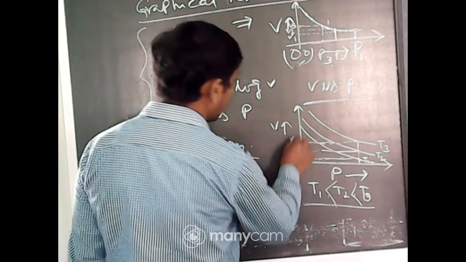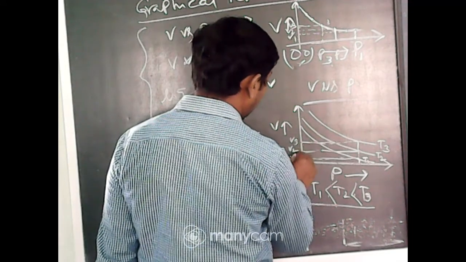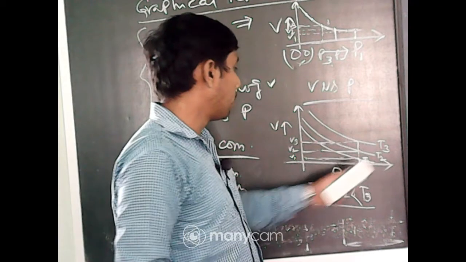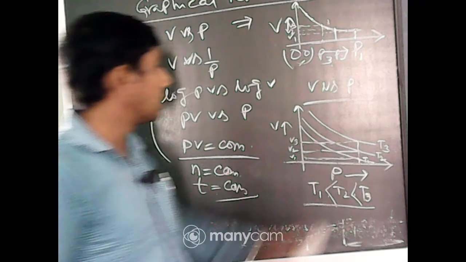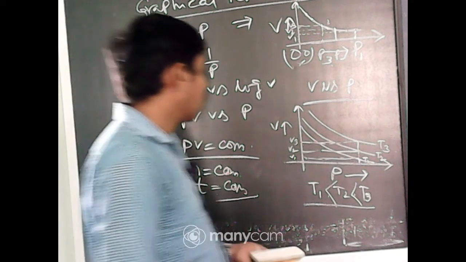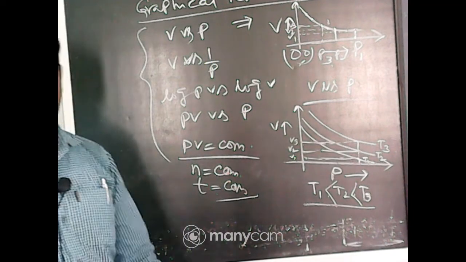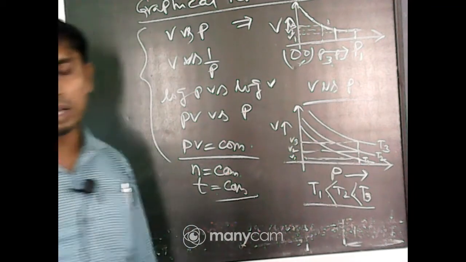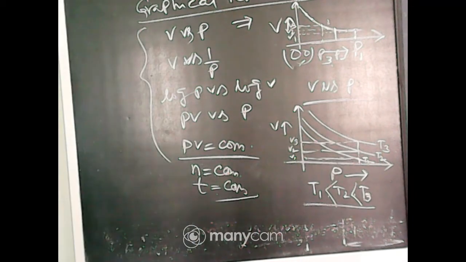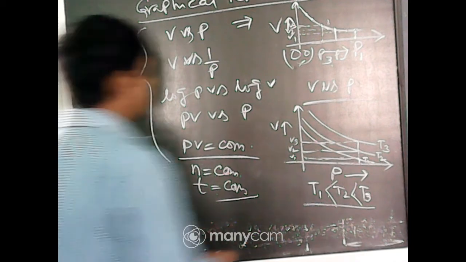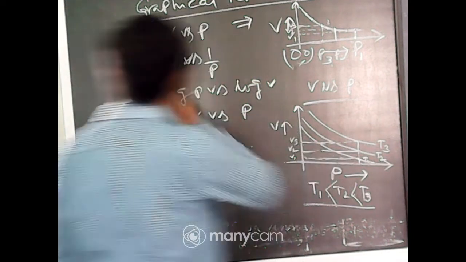Okay, so this is the V3, V2 and V1 at different temperature, because T1 is having very low pressure, low temperature, and T3 is the maximum and the volume is maximum. So, this is the change with respect to temperature. So, V versus P plot with different temperature will come in that manner. Next one is V versus 1 by P, this one.